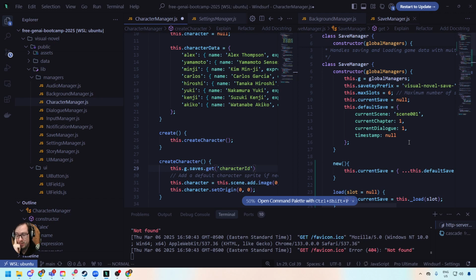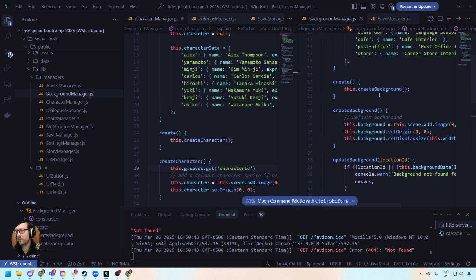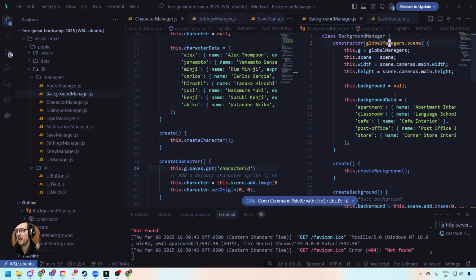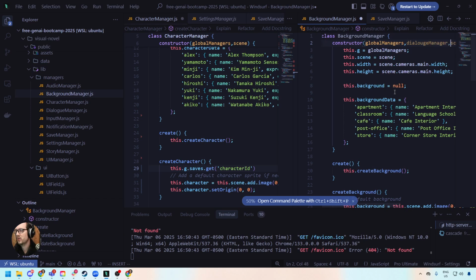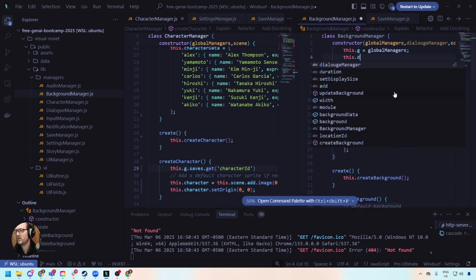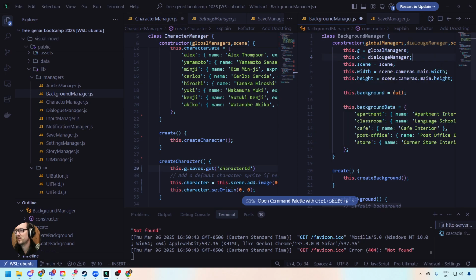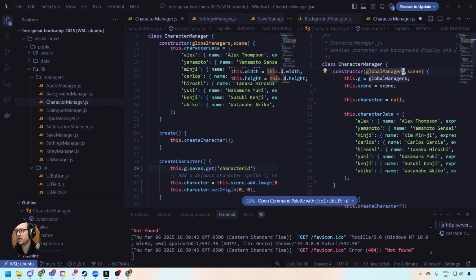So I'm just thinking about this because now we're not going through the saves data here. We're actually going to go through the dialogue manager. And so the dialogue manager is necessary for the other two systems, the background manager and the stuff like this, which we do call global managers in here, but that's not defined within the globals manager. So we actually have to put in the dialogue manager like this. Dialogue manager, like that. We say this.d equals dialogue manager. So that's now in here. Same thing with the character. So we'll do the same thing here. Dialogue manager,